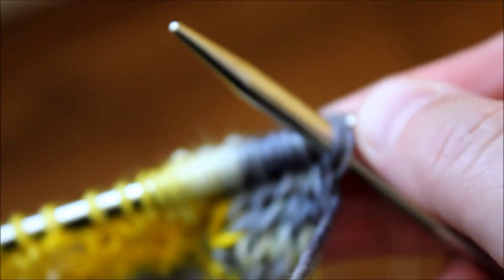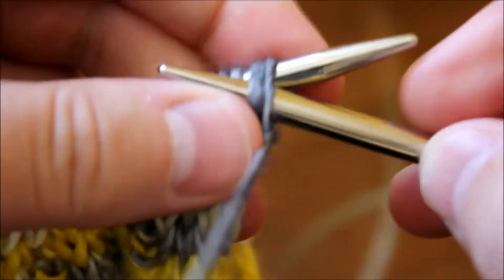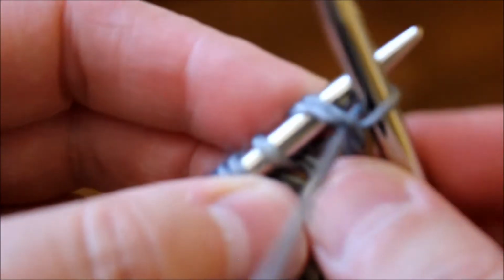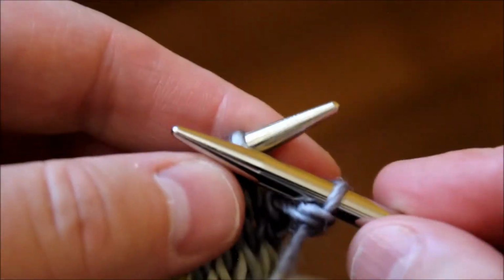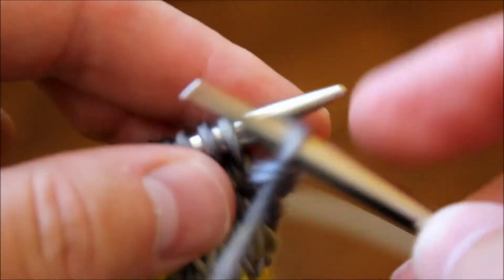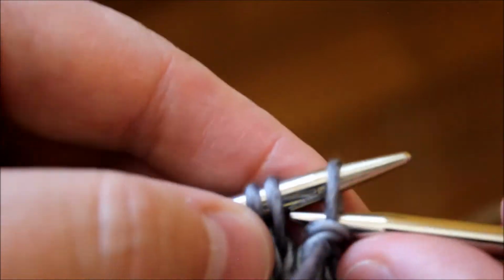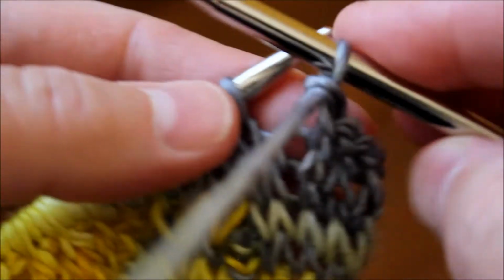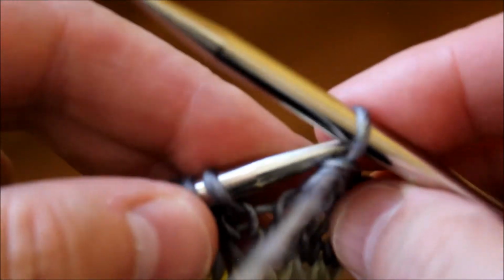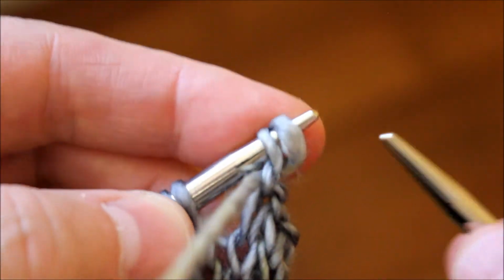Let me just clear this. I'm going to knit 2 stitches together, just like this, purlwise yarn on the front, and then just a regular bind off. And then I'm going to do this about 3, just like this. So I'm going to be making 2 stitches, like this,